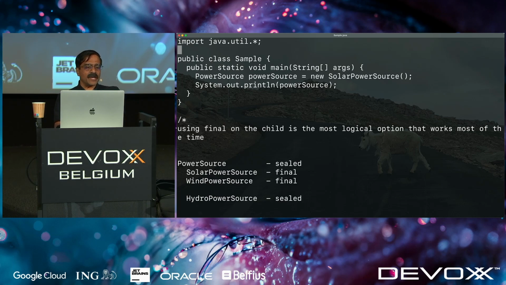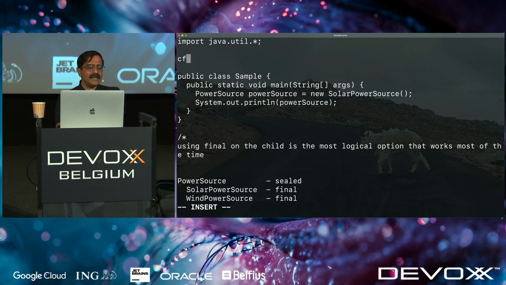The good news is I can say final class, and let's say in here, this is going to be a new power source I want to play with. This is an AI-driven power source. This is very dangerous. You can't release it yet, but you want to play with it. So AI-driven power source extends